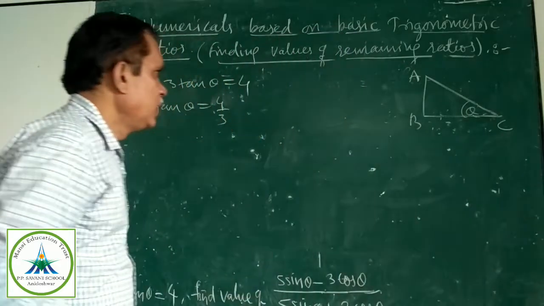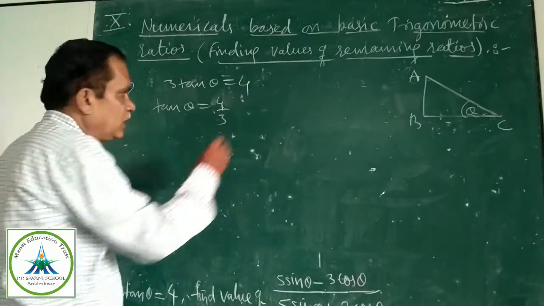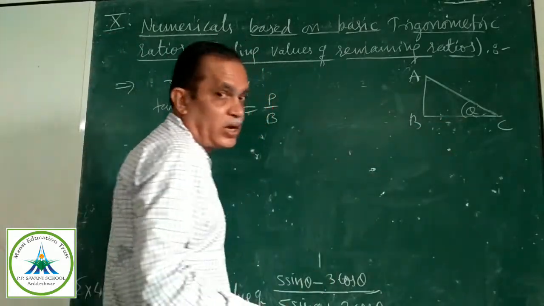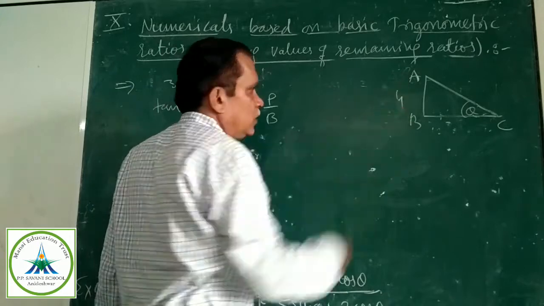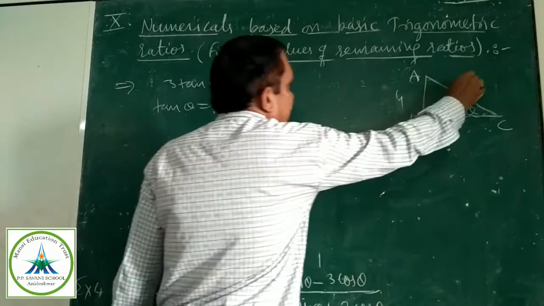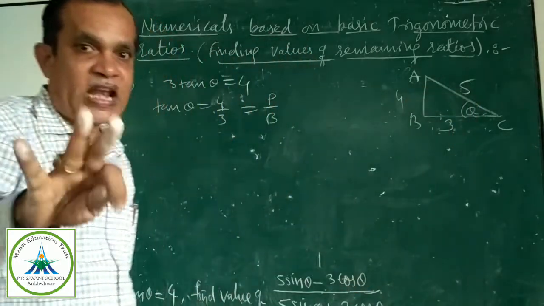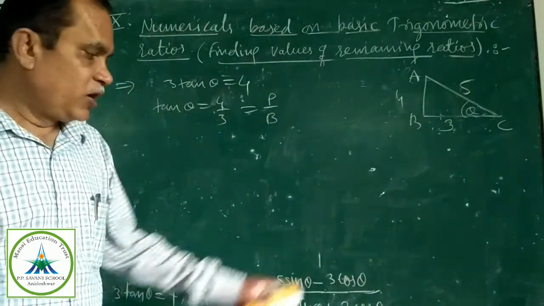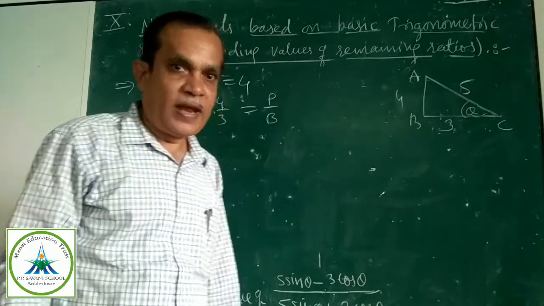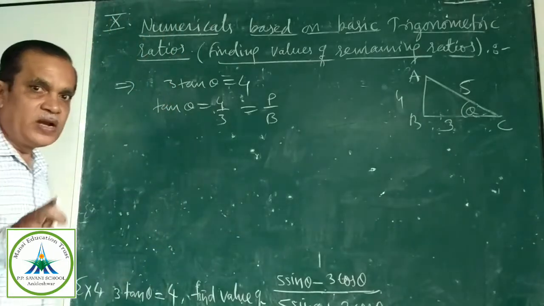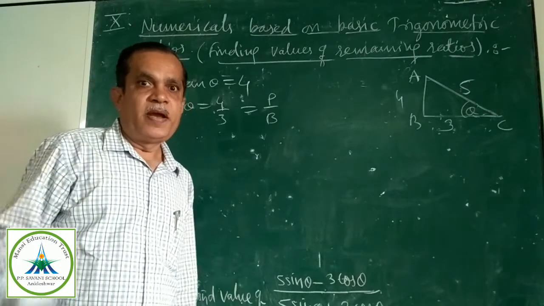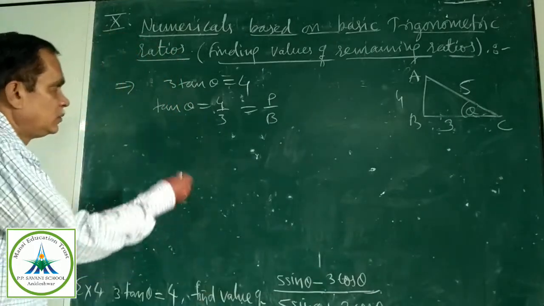Now let us come to A. What is the formula of tan theta? Perpendicular upon base. For this theta, the perpendicular is the opposite side and the base is the adjacent side, 3. And you are drawing the triplet 3, 4, 5. We are in class 10, so we can remember some triplets: 12, 13, 5; 3, 4, 5. With practice, you will learn several triplets. Always keep them in mind.